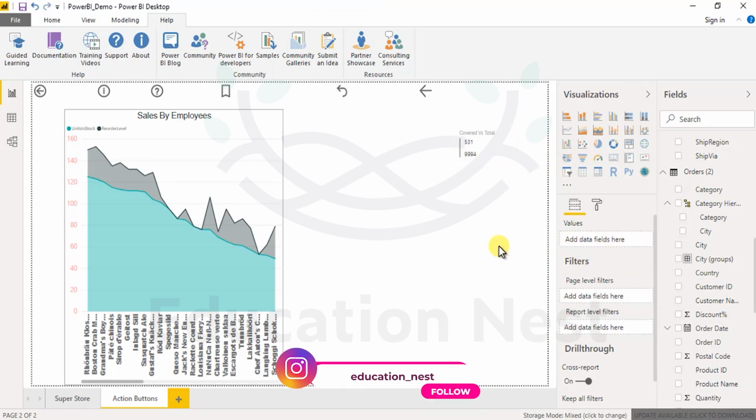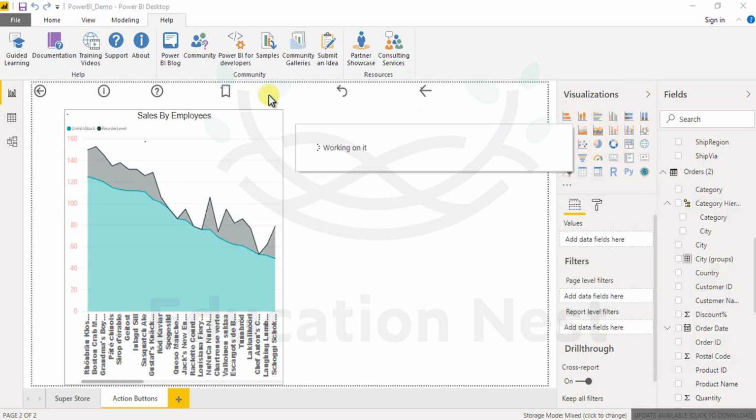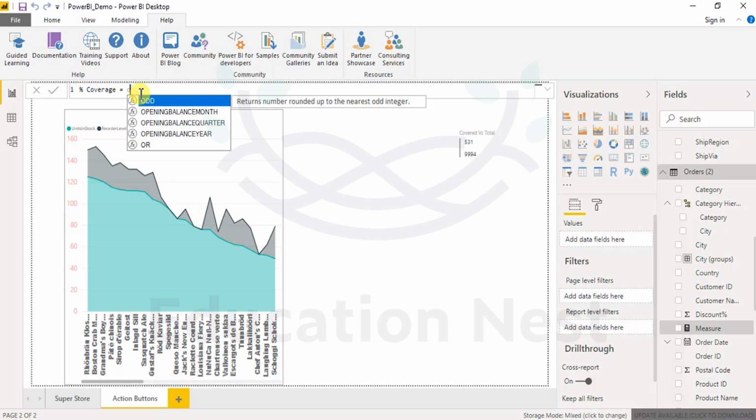And let's find a ratio of this value. So what I'll do is, I will go into orders, I will write a new measure because I'm finding the count, right? So if I do a new measure, I'll say percentage, just have a look. Let's go into a little bit of detail of this card option, how you can make use of it in an effective manner. Percentage coverage, if I call it, and I say, let's write the column name city, right? It is, no,